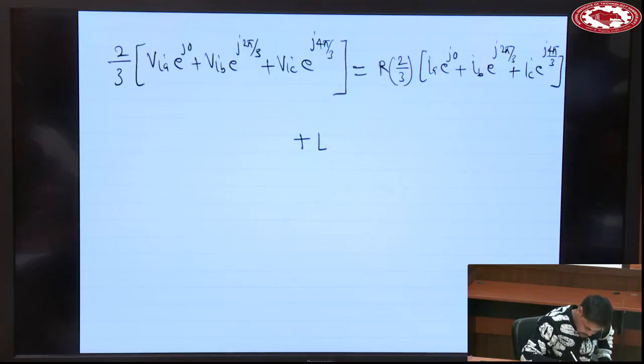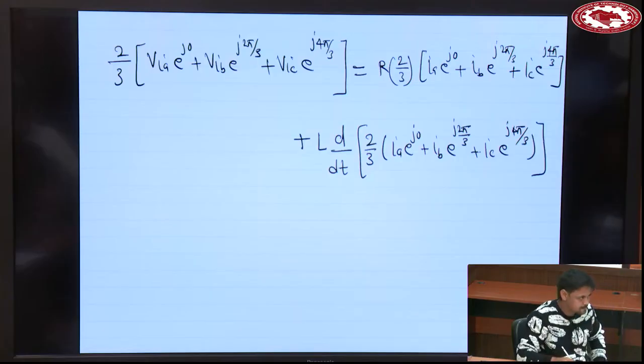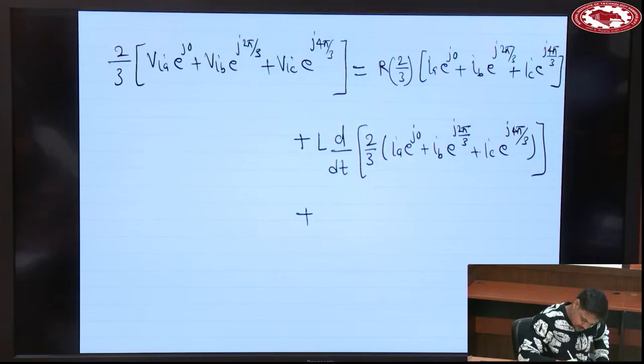Plus L d by dt of 2 by 3 times IA e^j0 plus IB e^(j2π/3) plus IC e^(j4π/3), plus 2 by 3 times VGA e^j0 plus